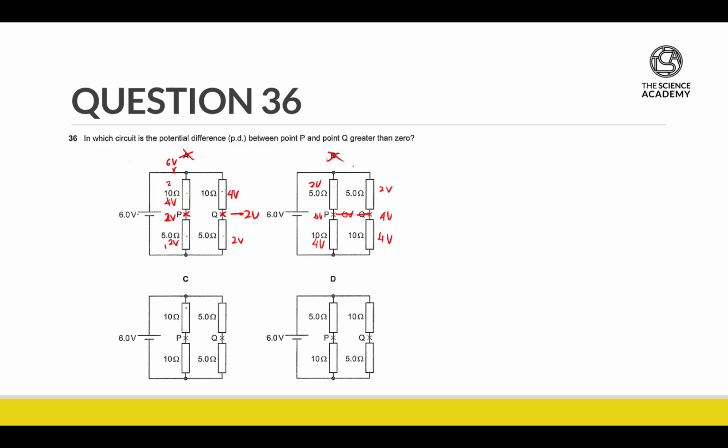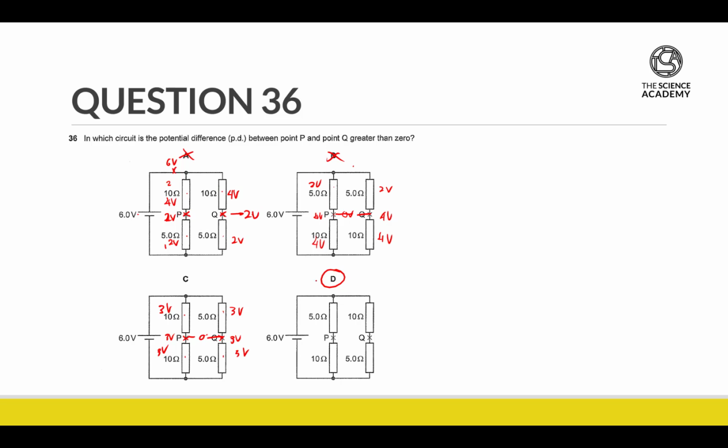Now same thing, 10 ohm, 10 ohm. They are splitting 6 volts equally. So we have 3 volts, 3 volts, and 5 ohm, 5 ohm also splitting 3 volts, 3 volts. Potential here is 3 volts, potential here is 3 volts. And of course, when we minus, we also have 0 volts. So by elimination, the answer is